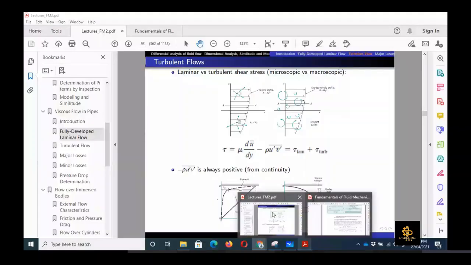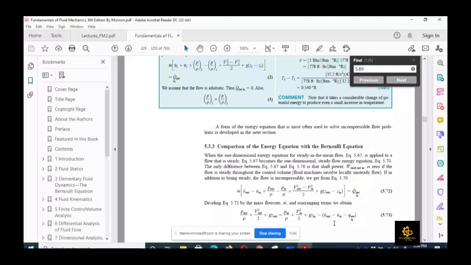So, in any pipe flow problem, the losses can occur in two ways. One is due to the wall shear stress, and the second one is the components, as we discussed in the previous week's lecture. For that we need to compare the energy equation with the Bernoulli equation, because if you remember from your chapter 5 knowledge, or FM1 knowledge for that sake, the Bernoulli equation gives us the relation between pressure, velocity, and